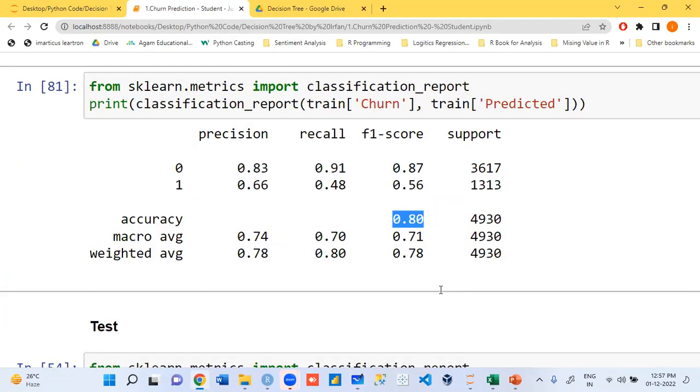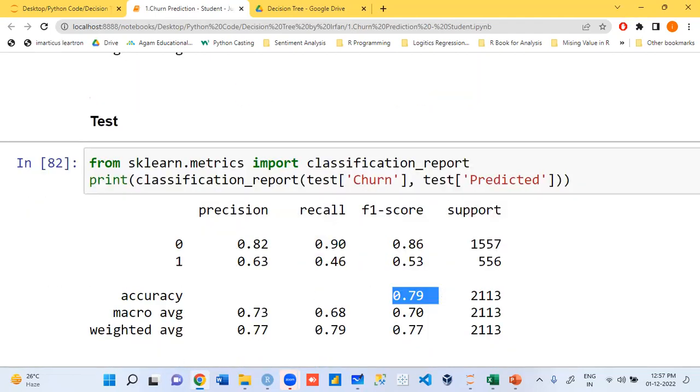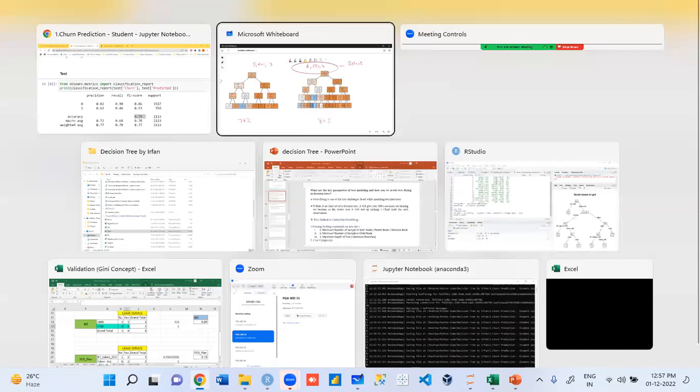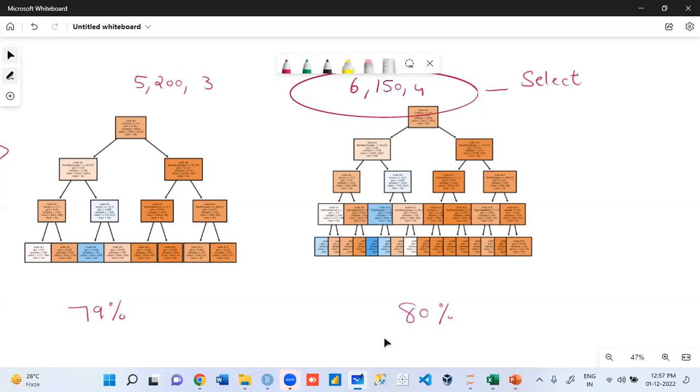Okay. Now, next point, I will teach you something known as grid search. Instead of doing it manually, or do you want me to repeat? I'm asking you.